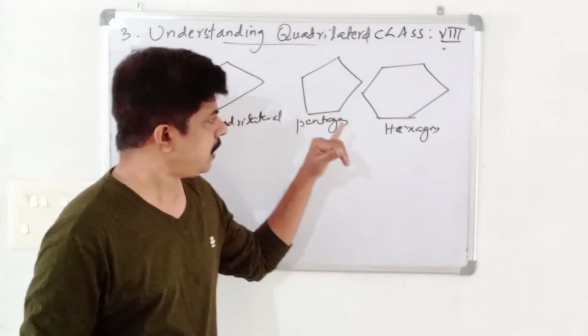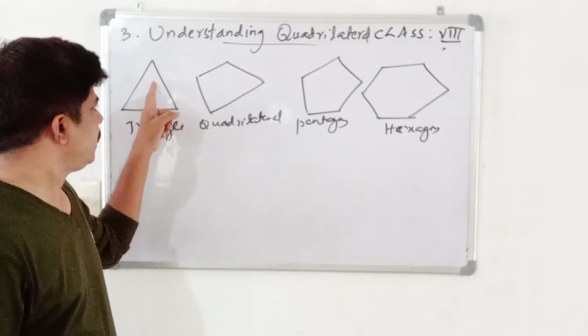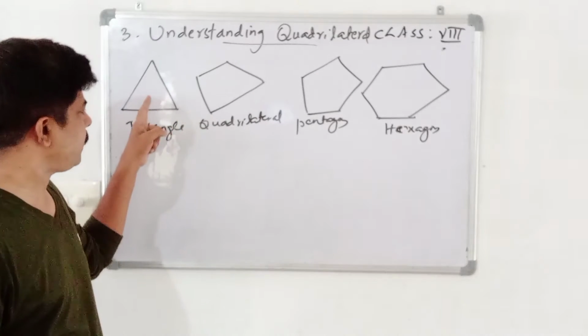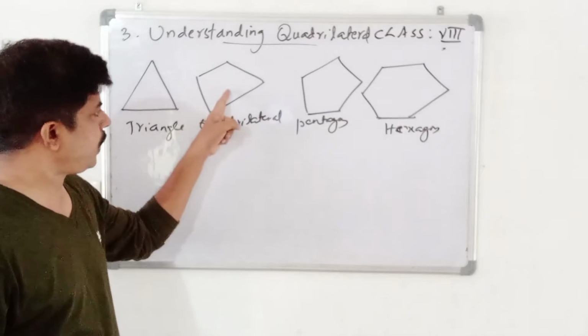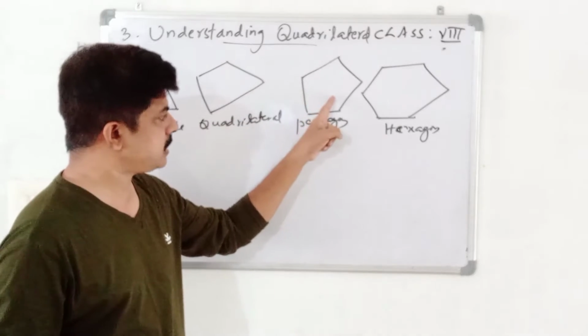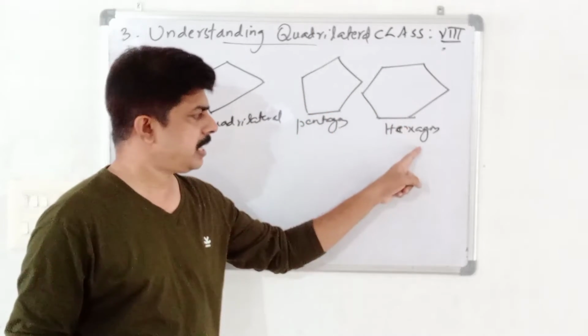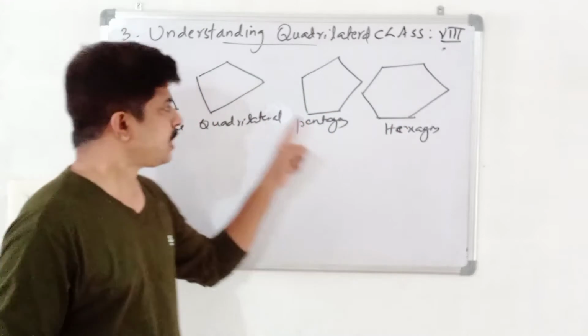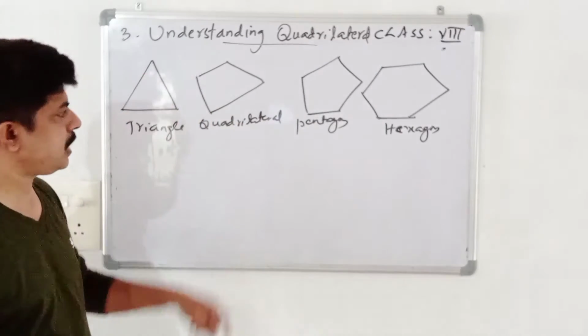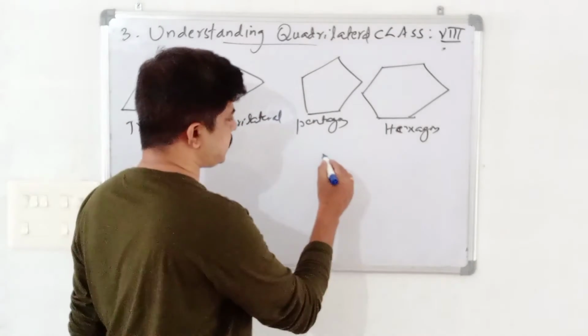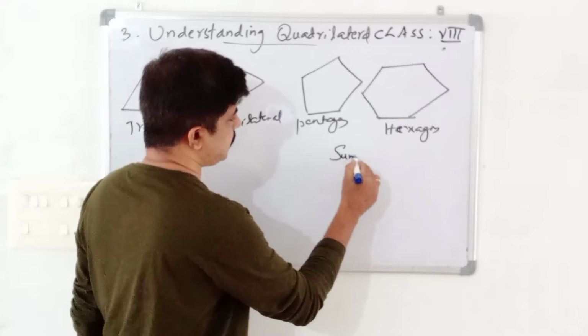Now you know that. What is the sum of the angles? How many angles does a triangle have? We have three angles. Here we have four angles. In a pentagon we have five angles. Hexagon 6 angles. Heptagon 7 angles, etc. Sum of the interior angles of a polygon. To find the sum of the interior angles,